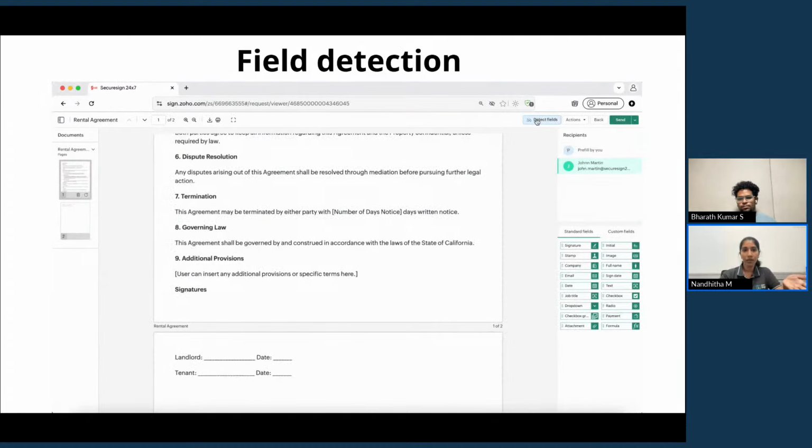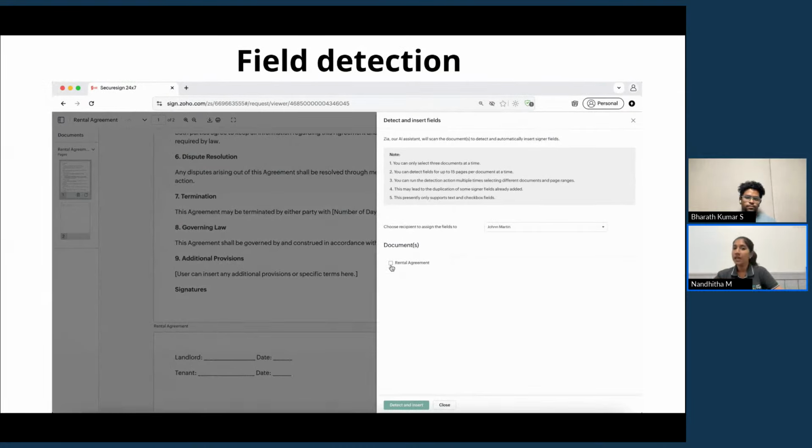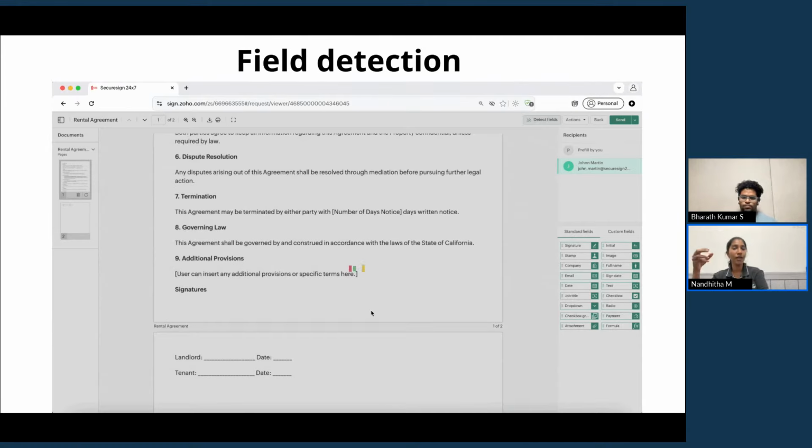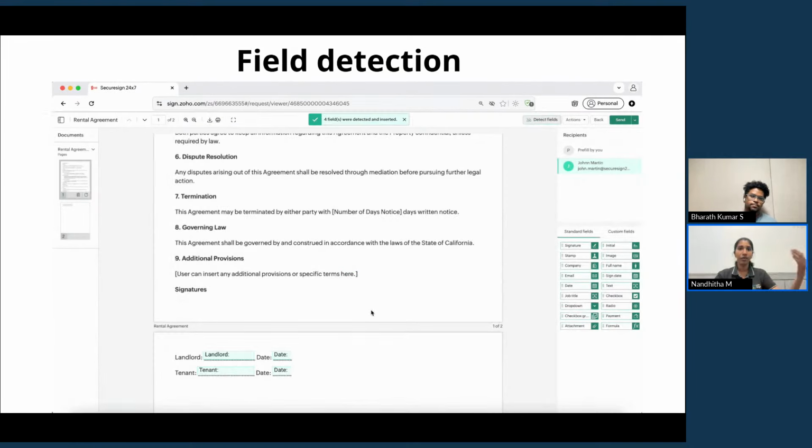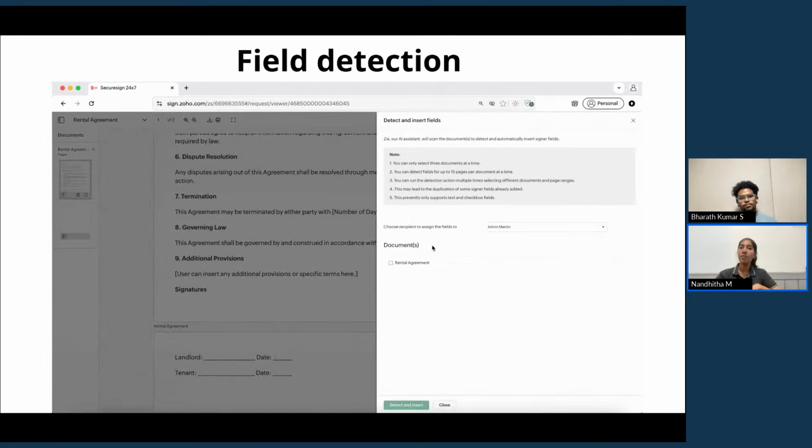So then going on to the second one, this is going to be field detection. So this is something we already discussed in our previous live, as our viewers might know. Earlier, you might have to drag and drop multiple fields and drop them into the places in a particular document. And if your document is lengthy, this can take forever, right? So you will be going through multiple field additions, and sometimes you can make human errors. But now that entire process can be automated.